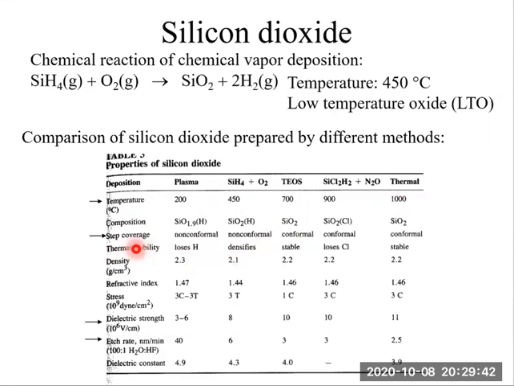Step coverage. PECVD, non-conformal. LTO, non-conformal. Conformal, conformal, conformal. So the higher the temperature, the better the step coverage. That's because